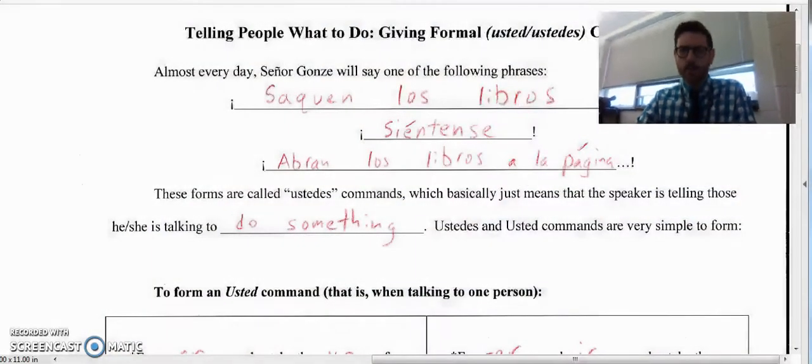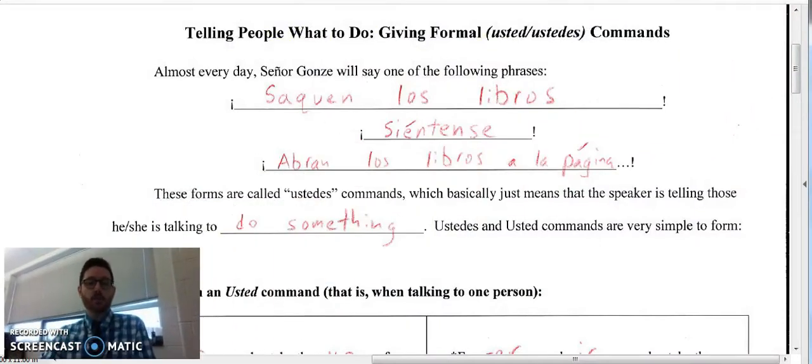So chicos, real quick, the final thing that we'll look at this chapter in terms of grammar are usted and ustedes commands. So we've just been talking about tú commands, right? If I'm talking directly to tú, which remember is you, in an informal kind of way, how to tell you what to do and what not to do. These commands that we're going to take a look at in these notes today are directed towards usted, like one formal person, and ustedes, like more than one formal person. As is always the case, we're not really worried about vosotros for the purposes of this class.